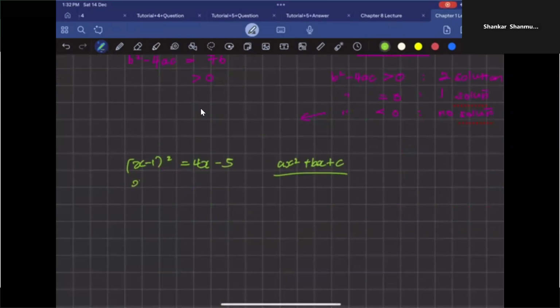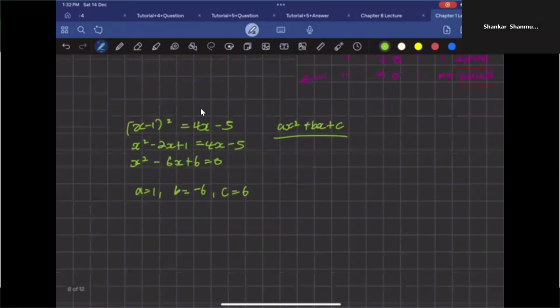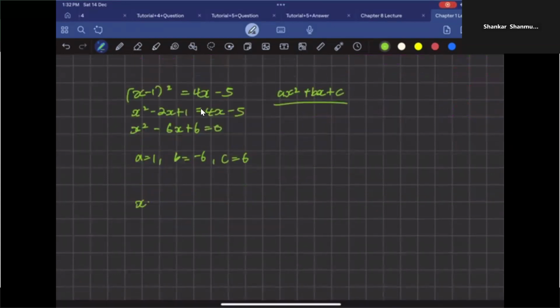So you'll get x squared minus 2x plus 1 equals 4x minus 5. X squared minus 6x plus 6 equals 0. Okay, so your a is equal to 1, b equals minus 6, c equals 6. So if you use the formula, you will get x equals to... sorry, before we use the formula, we